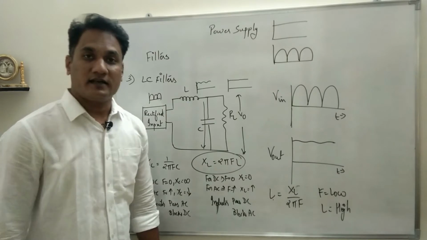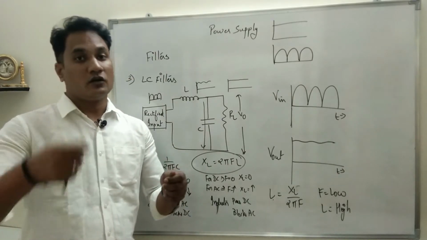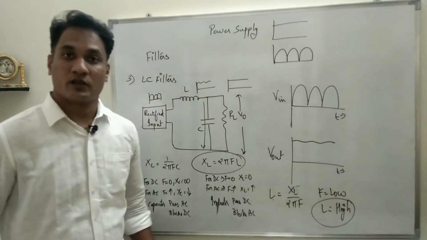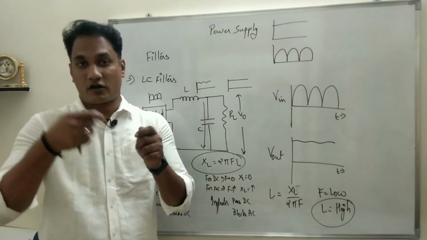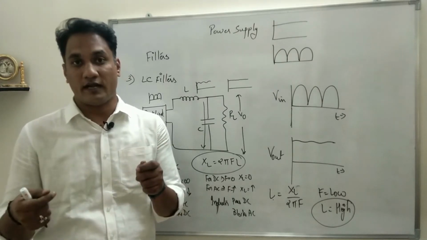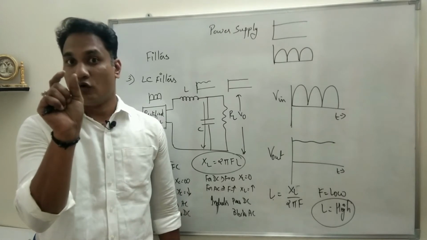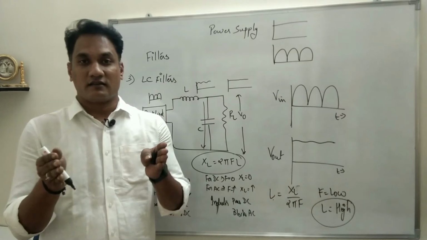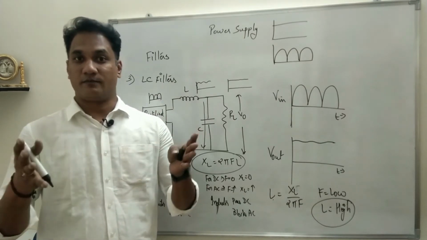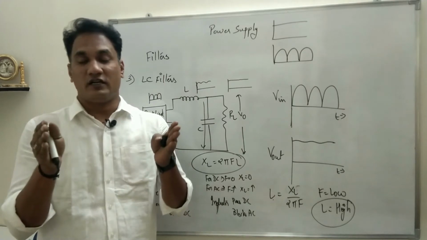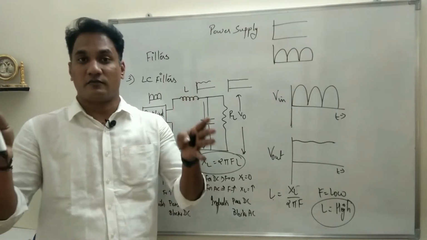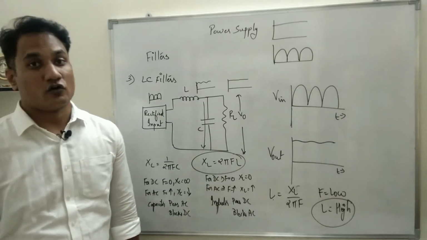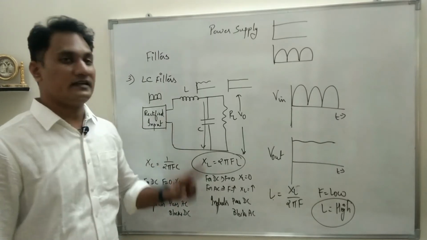Now what is an inductor? An inductor is nothing but a length of wire which has been coiled. So if the inductor value is high, that means more number of turns should be required. The gauge of the wire should be more, so that the value of L is increased. But when you do such a thing, the size of the inductor will be very large, and it is not feasible to use such a large inductor in a small circuit. So for low frequency signals, the LC circuit cannot be used.